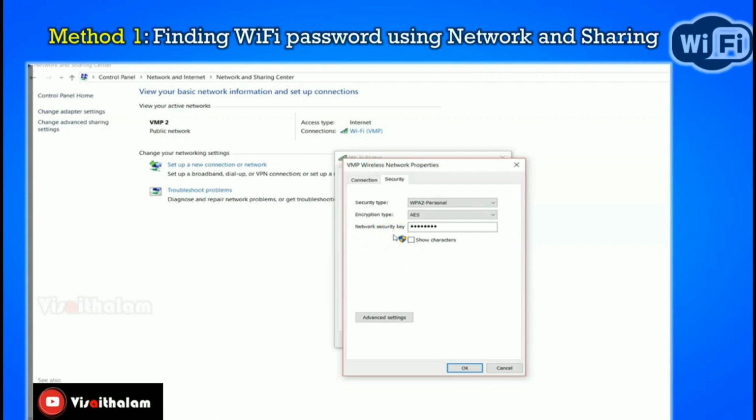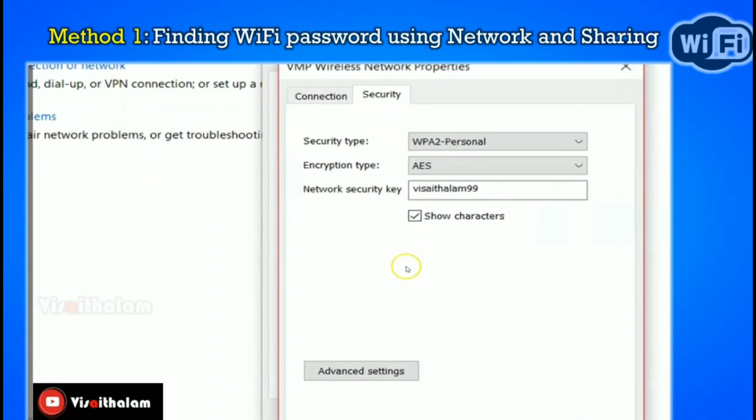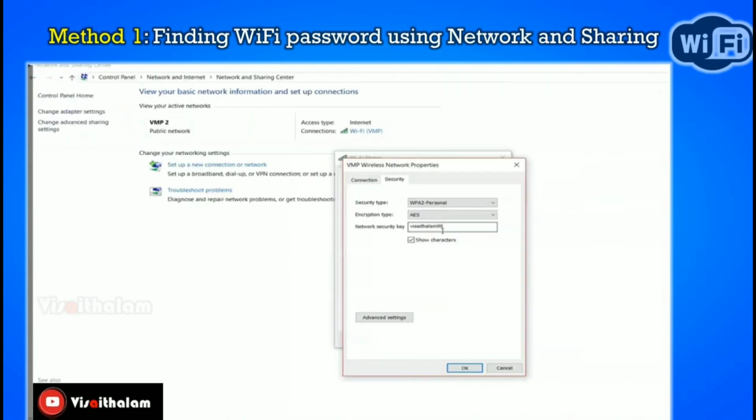To view that password, click on show characters. Now it will display the current password, that is, the network security key is Visaythalam 99. This is the actual password of my current network. This method is applicable to find the Wi-Fi password of the current network.